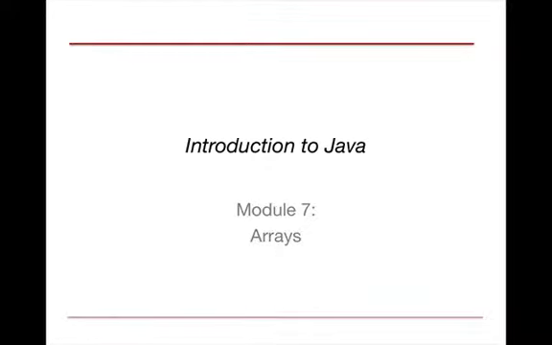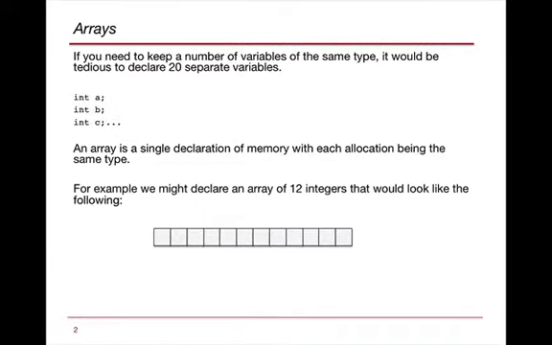Now we're going to take a look at arrays in Java. An array is actually a very simple construct that basically allows us to have a single variable reference a series of memory locations that are all of the same type. If you need to keep a number of variables of the same type, it really would be a problem if